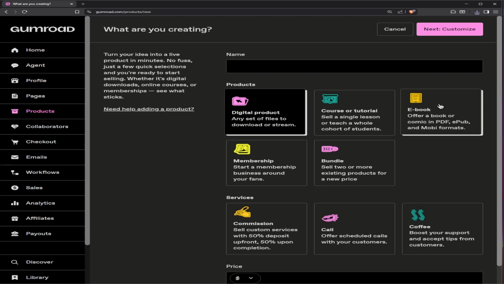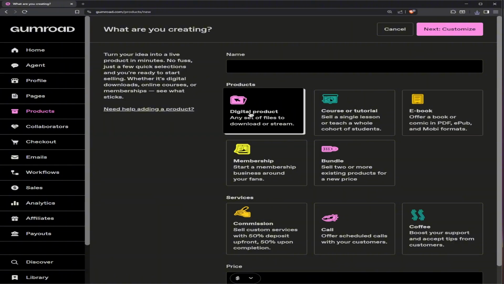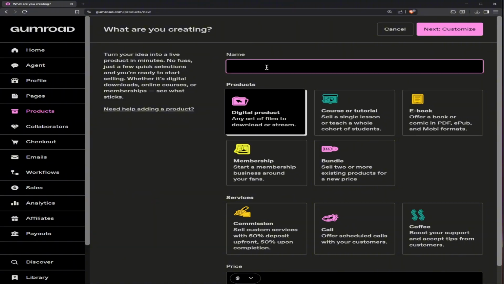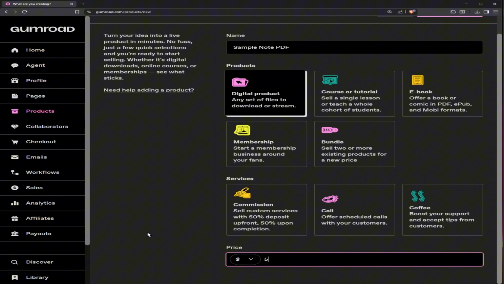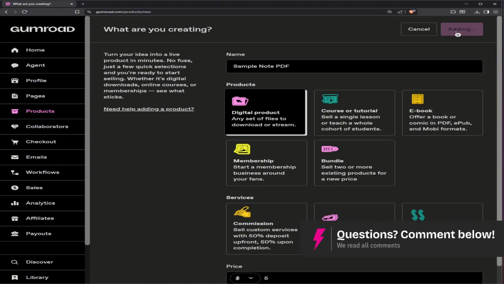Now you can go ahead and choose to use ebook right here if they are long form study guides, but you've got to use digital product if it's just a simple note or just a quick guide. All right, so let's go ahead and click on digital products right here and then go ahead and add in the name, for example, sample note PDF. All right, scroll down, add in the price, for example, $5, and then go ahead and click on next, customize